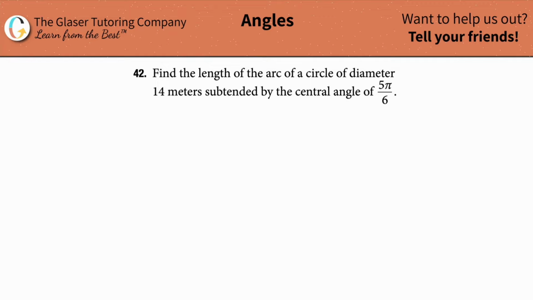Number 42. Find the length of the arc of a circle of diameter 14 meters subtended by the central angle of 5 pi over 6. All right, so 5 pi over 6 what? Degrees? Radians? They didn't tell me, but anytime you see a pi and they don't tell you, it probably is safe to assume radians. So the first thing we're going to do is draw a coordinate system,